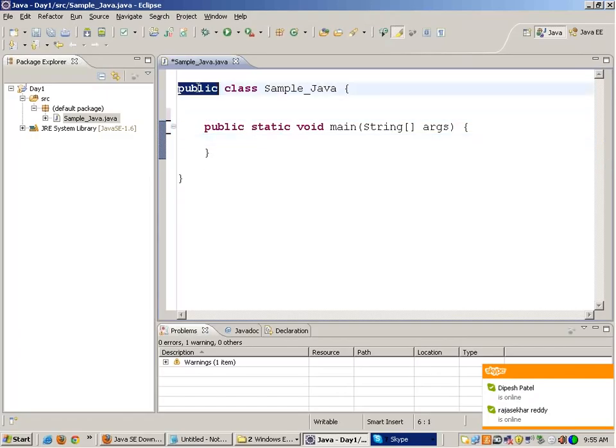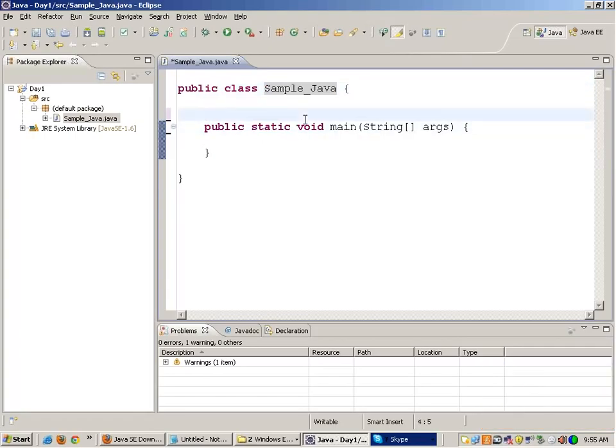The first line says public class sample Java. What is public over here? What is static over here? What is void? It's not feasible to explain everything in one go, but please be patient. For some time, just accept the things as they are, and as I proceed with the course, as I take